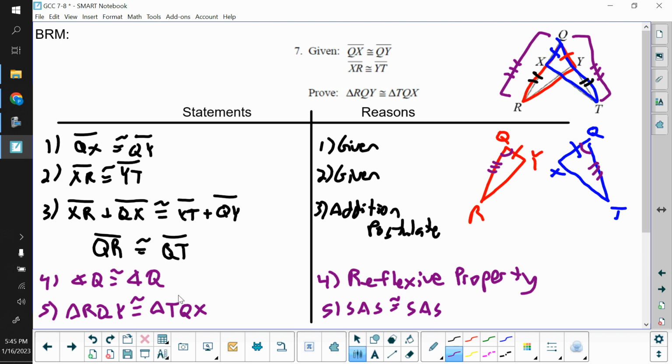For our basic rigid motion, we would need a reflection. So we would reflect, pick either triangle you want. I'm going to take triangle RQY. And the line we want to reflect over is not actually drawn there, so we got to describe it as the perpendicular bisector of something. So we're going to reflect triangle RQY over the perpendicular bisector